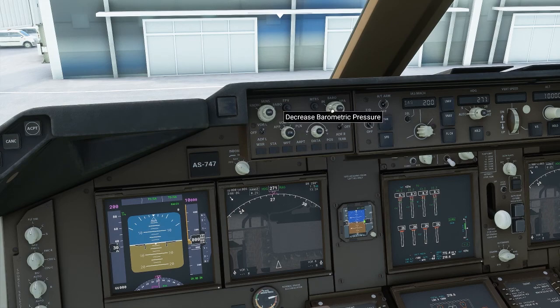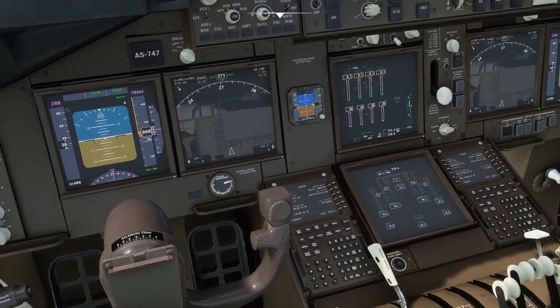This is for setting the barometric pressure. So normally I would have it in hectopascals, but I don't. Yes, thank you. So that's what we would have it on in the UK. So you can actually just press B, and it will set your altitude to your airfield elevation if you're on the ground. These are VOR and ADF switches, so depending on what you've got programmed in the FMC on the nav rad page,